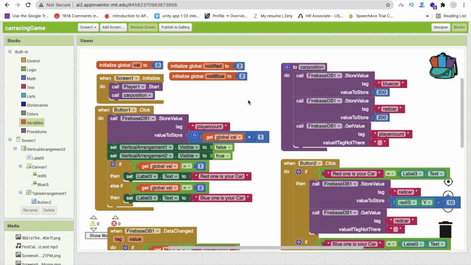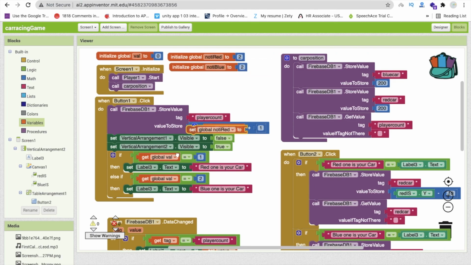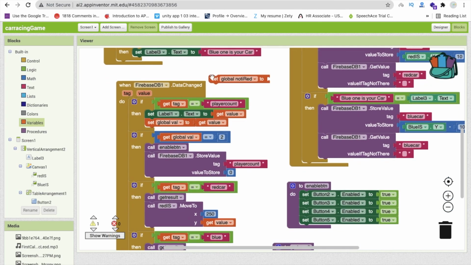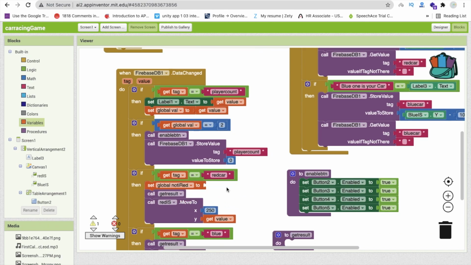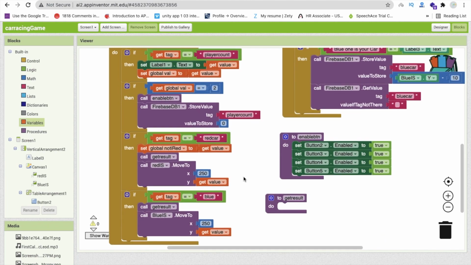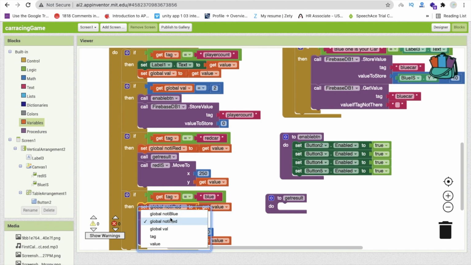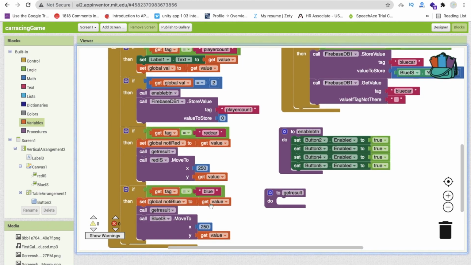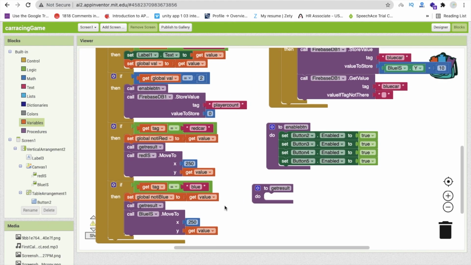Now we have to set that value to 0. In what condition? Whenever the car updates, we will get that value and we will set that value here also. Suppose we have that value 250 minus 10, then 240. This will be stored in the notifier. But in the end, whenever the car reaches that edge, then this will store the value of 0 also. So copy paste this: whenever the notifier red car or blue car value is 0, then we will set the condition that that car is the winner.